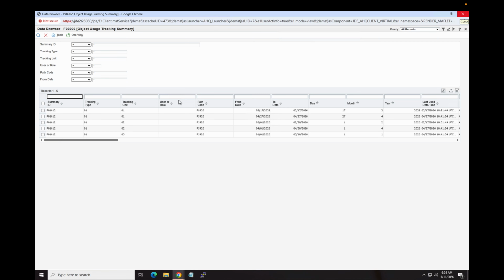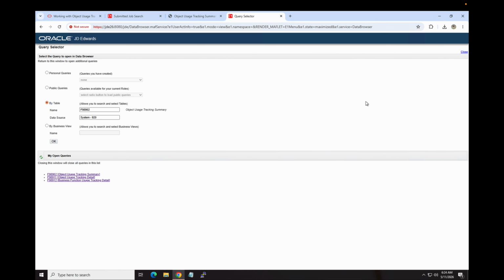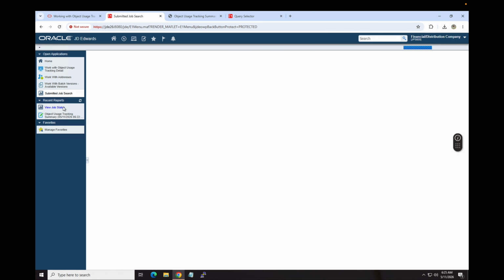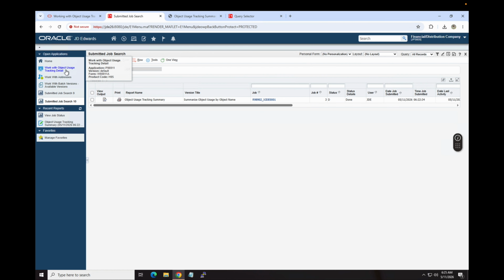So after this, there is still one question, because once you set up object tracking, it will continuously track all the data for all of your users, except for the exclusion list that you have configured, and it will keep on growing. So from a CNC point of view, we don't want any tables which are continuously growing, right? Because that would mean you have to spend your database space and then pay extra for that space. So to deal with that problem,